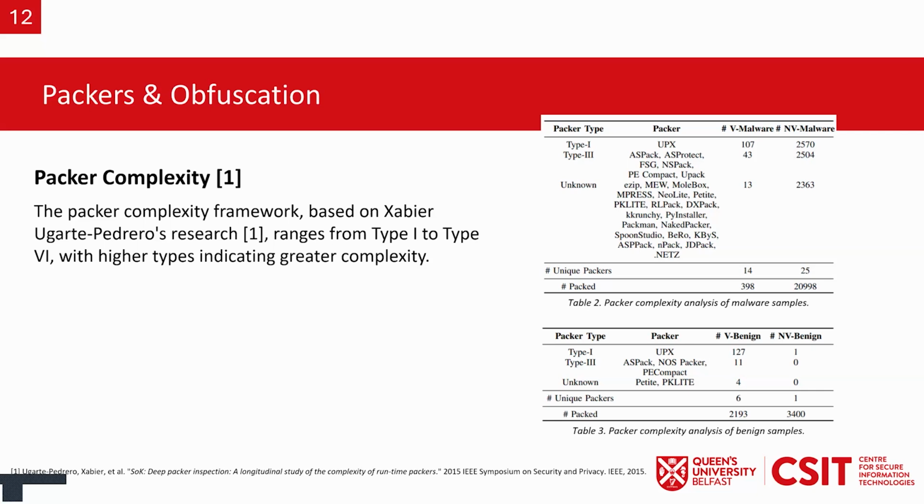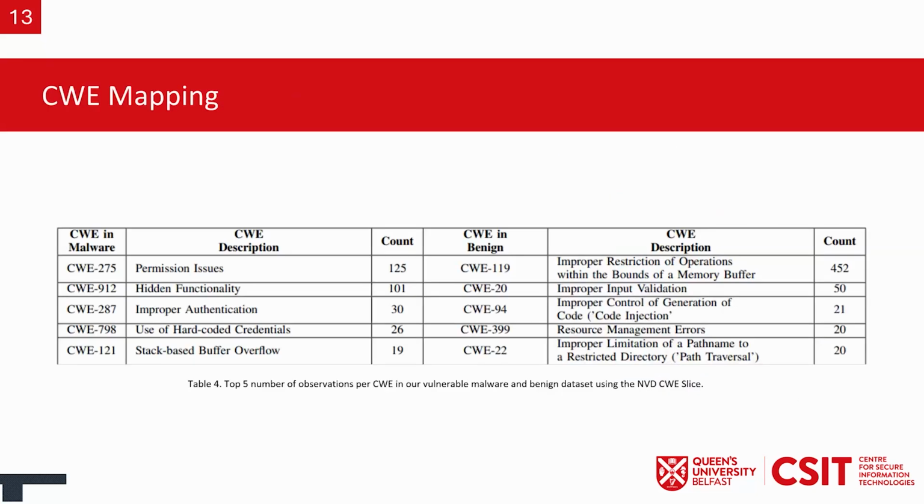So there's a lot of analysis that we've included in our paper about this topic, but that's generally what we came to. Additionally, we include a lot of vulnerability mapping. In our case, we use Common Weakness Enumeration, and we have a giant table in our paper. For purposes like this, I'm not going to put the whole table in because we'd have to make a bigger screen. But for the malware samples, we can see that the highest count so far is CWE-275, which is permission